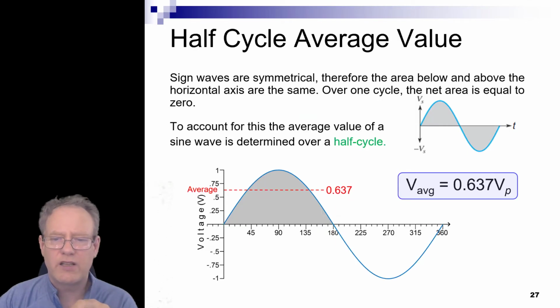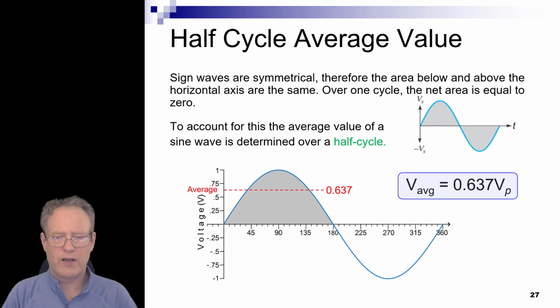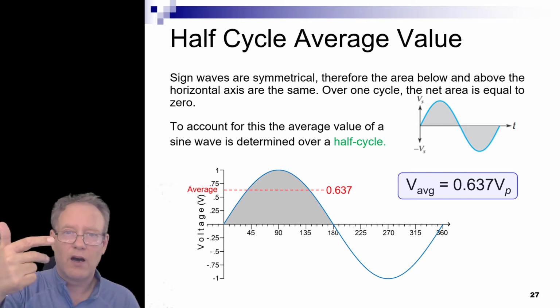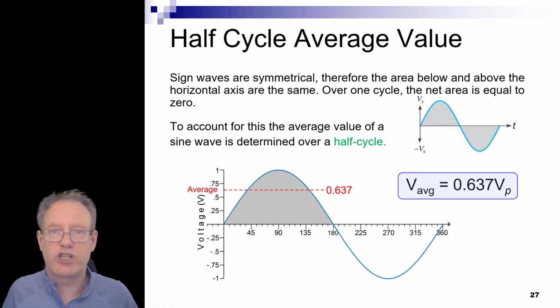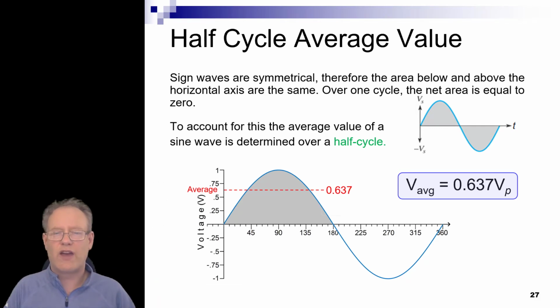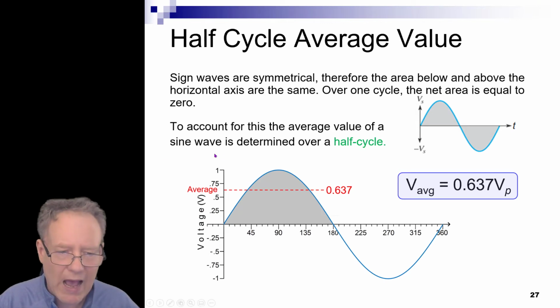So there's actually a slide in here that talks about average, and I'll go back to the other slide. So we have 4 ways of looking at voltage. We've got peak, peak to peak, RMS, and average. Now, I'm just letting you know that there's this thing called average, and we will unpack this in